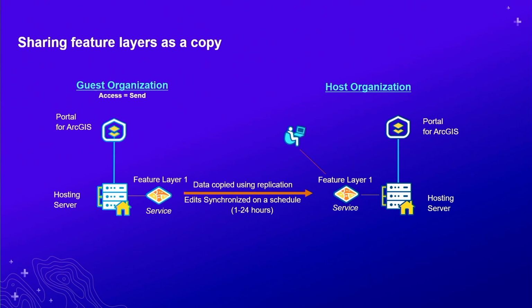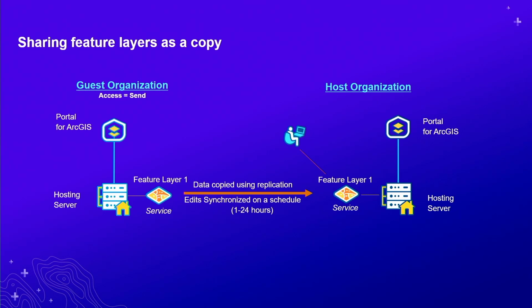So let's take a look at the workflow for sharing feature layers as a copy. On the left-hand side, I have a guest organization. That guest organization has joined the collaboration, trust has been established, and they have send access to the collaboration workspace. A member of their organization has shared feature layer 1 to the group joined to the collaboration workspace. Once that item, that service item, is shared to the group,